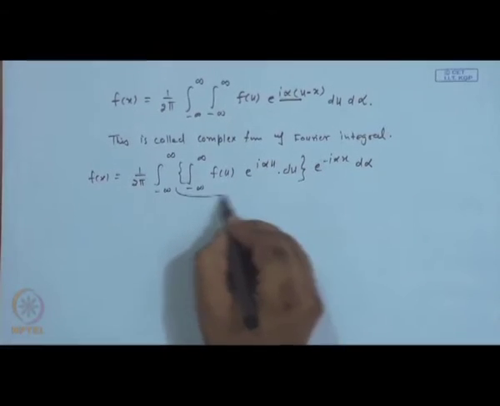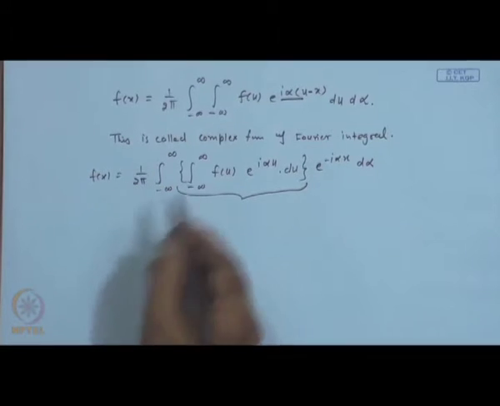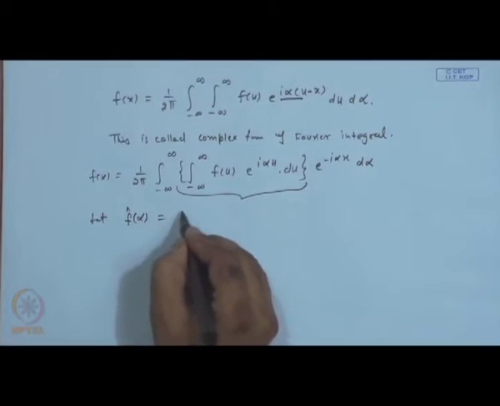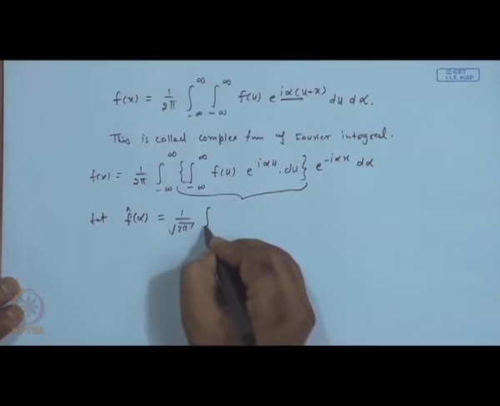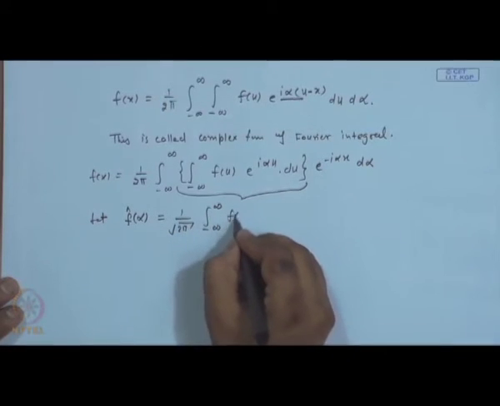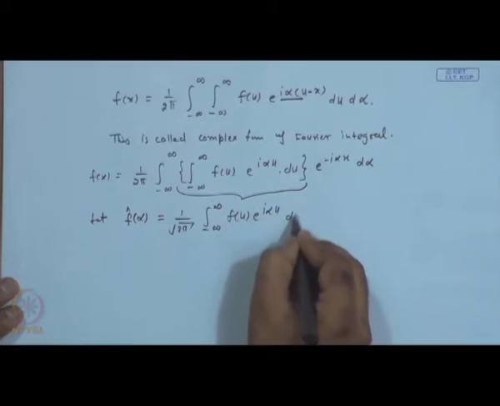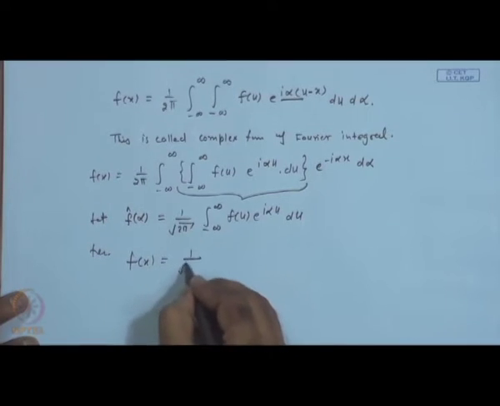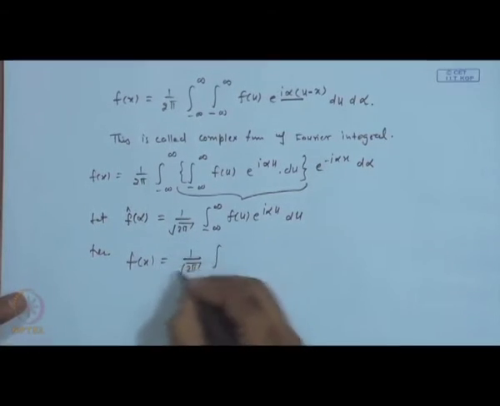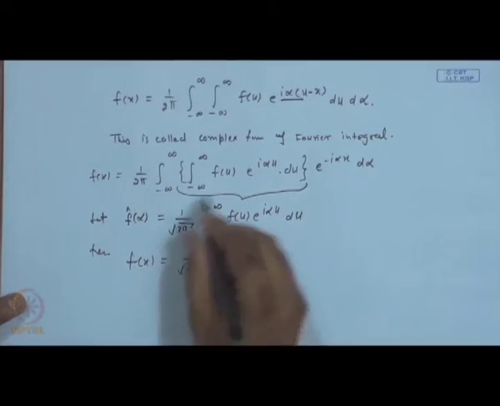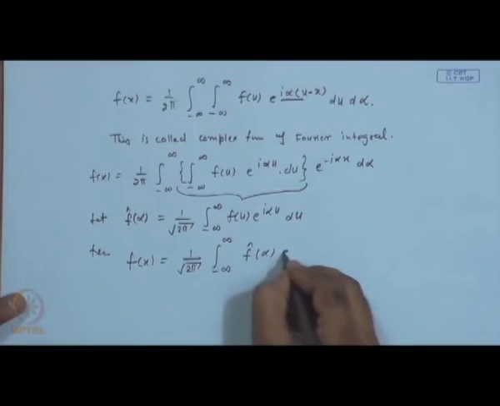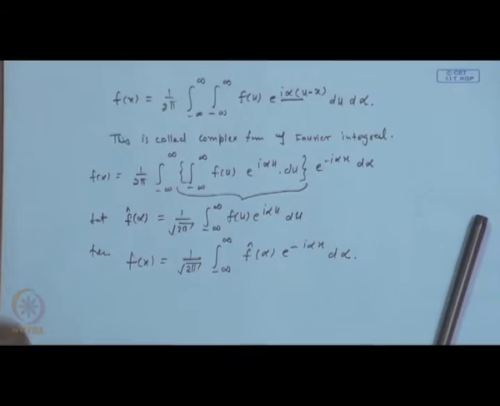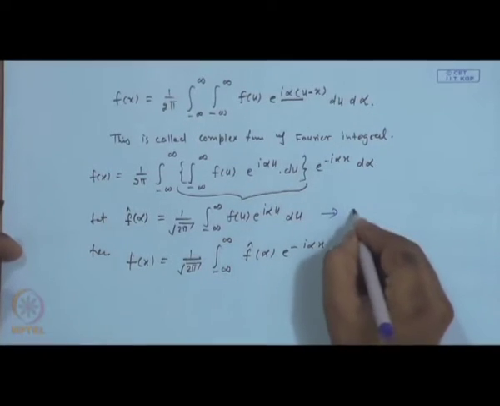So, if we take this together with the factor 1 over square root 2 pi, let f hat(alpha) be 1 over square root 2 pi, minus infinity to plus infinity, f(u) e^(i alpha u) du, then this f(x) will be again the same factor, square root 2 pi, minus infinity to plus infinity, f hat(alpha) e^(minus i alpha x) d alpha. The first one here is called the Fourier transform,